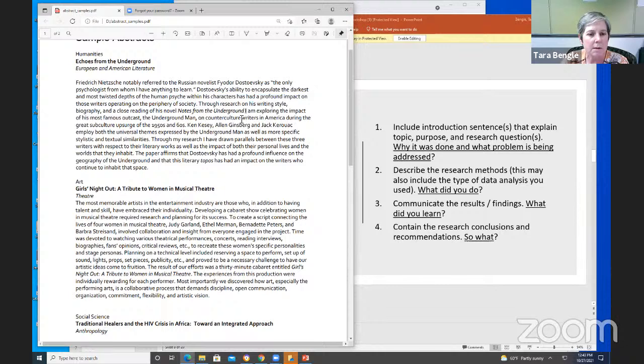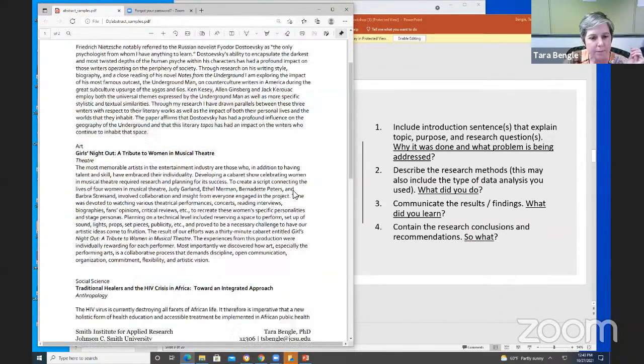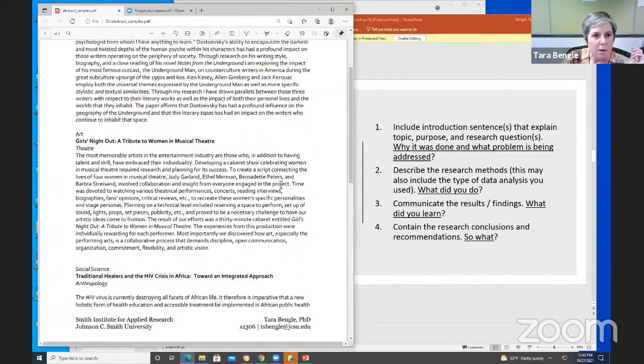This again ties back into the purpose of the research. The sentence here tells us what the researcher learned. And then here we've got the conclusions from the research. So